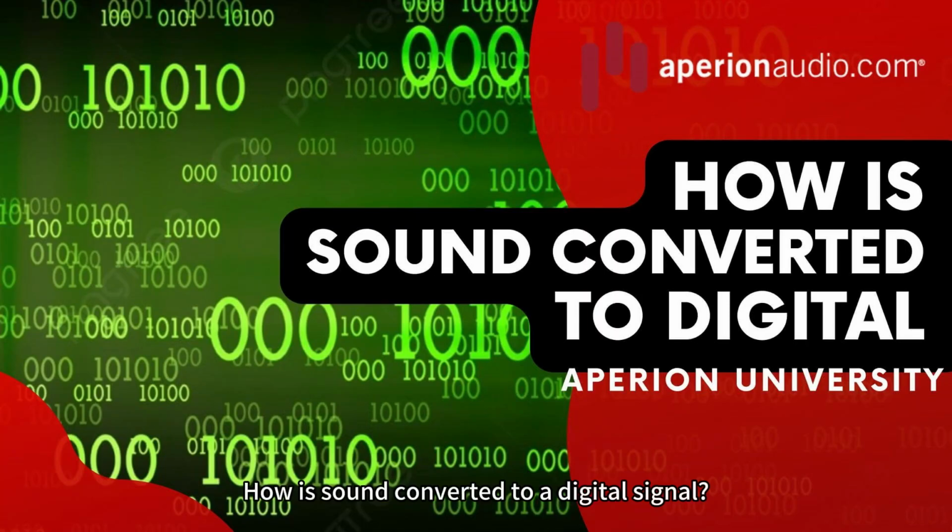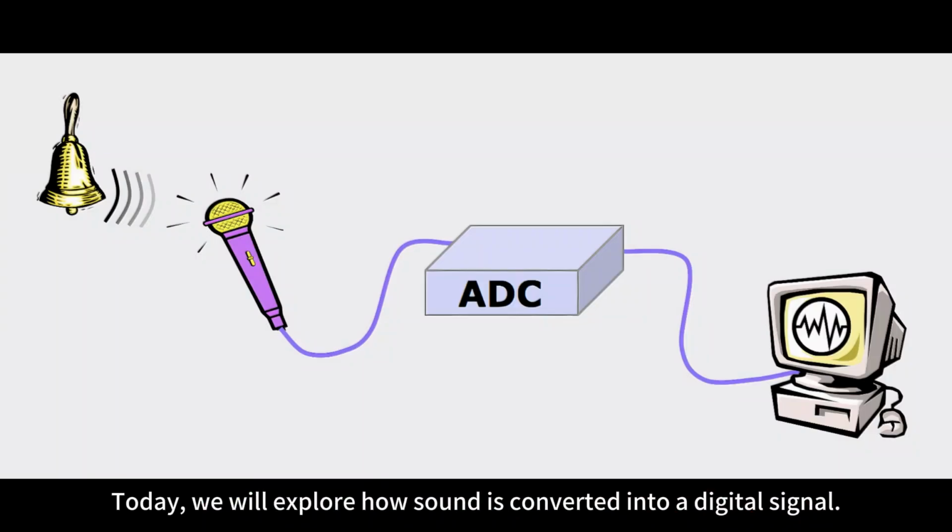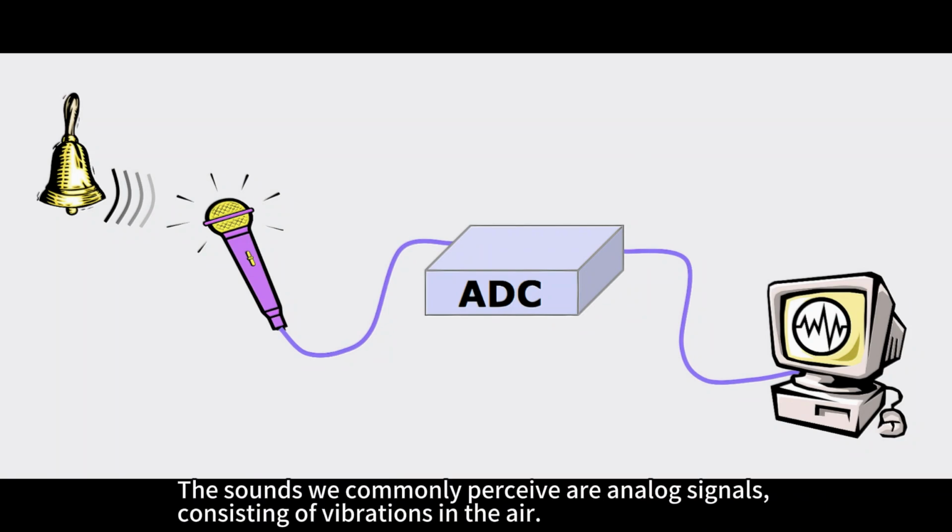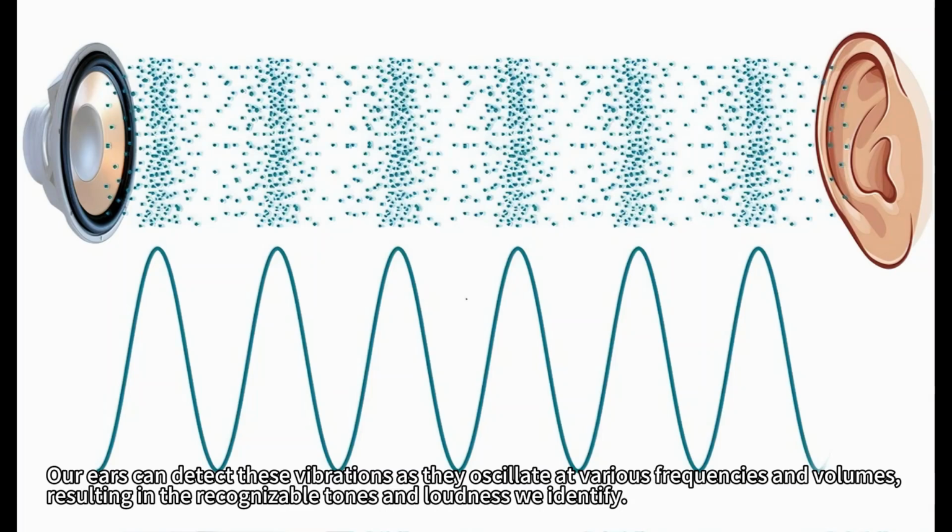How is sound converted to a digital signal? Today, we will explore how sound is converted into a digital signal. The sounds we commonly perceive are analog signals, consisting of vibrations in the air. Our ears can detect these vibrations as they oscillate at various frequencies and volumes, resulting in the recognizable tones and